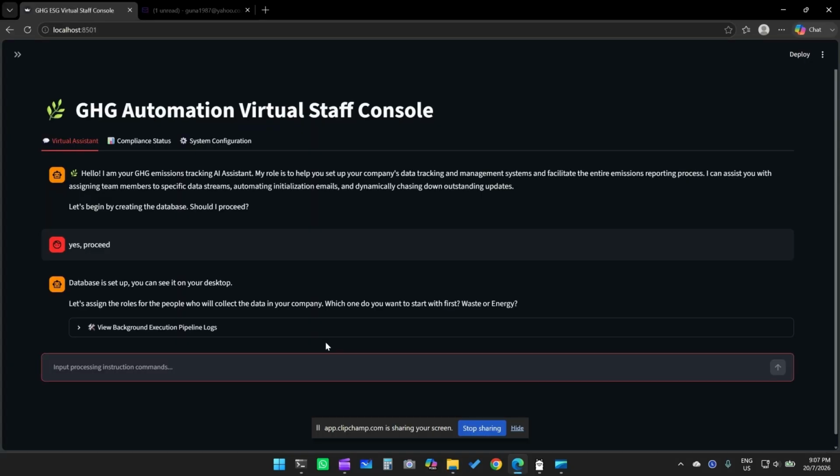So we'll go back, and then we will ask it to, because the AI suggested, okay, the next step, since we have the database, you need to have a person in charge that can send you the information so that this AI can start collecting the data. So we will assign a person for waste. Let's assign, I'll just assign myself to collect waste data. His email is,